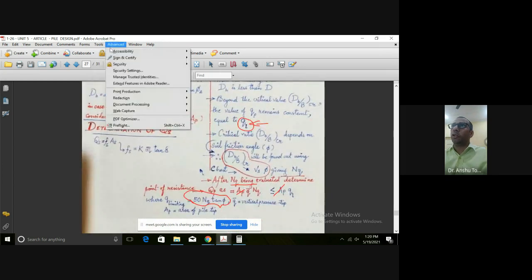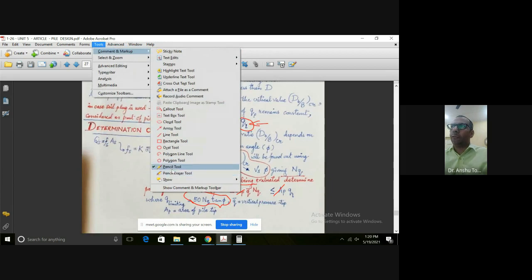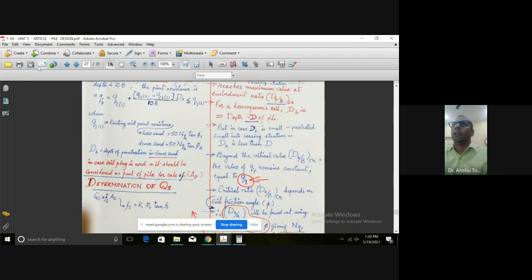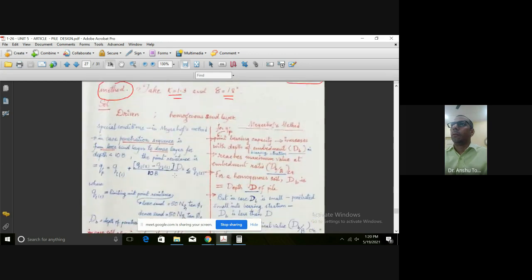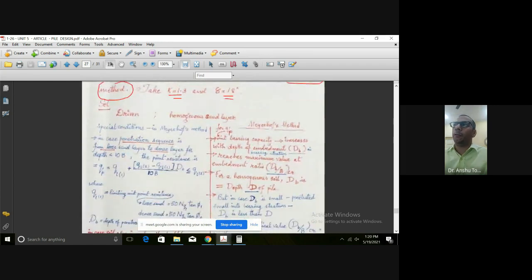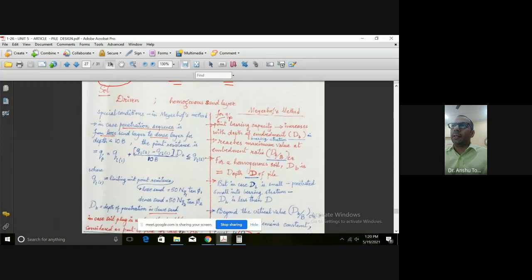Now there is an arrow which is showing upward. This is an explanation of Meyerhoff's method. Once NQ has been decided, special condition in Meyerhoff's method: in case the penetration sequence is from loose sand layer to dense layer for depth less than 10 times B, the point resistance is given by this particular formula, where QP is equal to Q limiting plus,